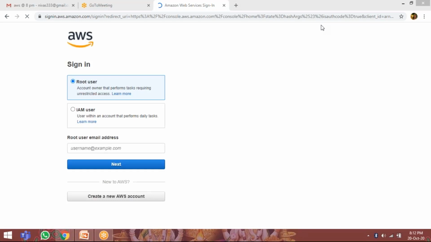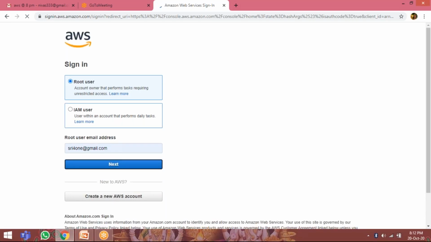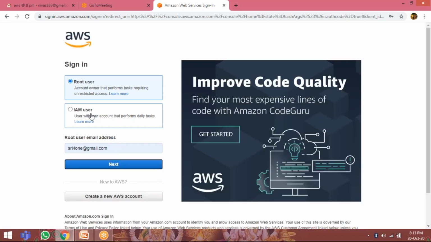Every day we log in to the AWS Management Console as a root user account. Root is nothing but an administrator account. Here you give the username and password and we log in. But now we're going to create an IAM user, Identity and Access Management.